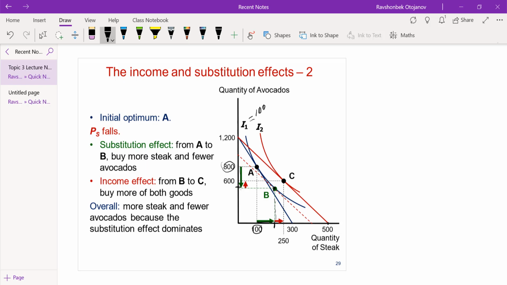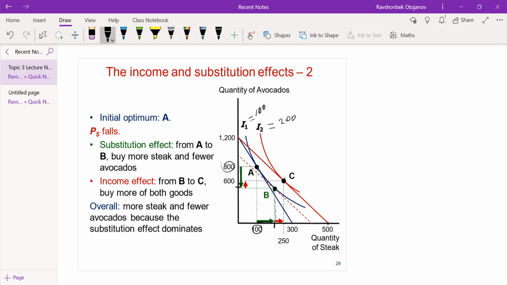So in this case we would expect ourselves to move into a new indifference curve. Let's say this indifference curve gives us 200 utils. So from point B now we jump to point C, because we still have income even at this point. For example, this point, by the way, is below our budget constraint. Anything below the budget constraint line is affordable, but we would like to be along the budget constraint line and spend all our income. In that case, we move from point B to point C because of the income effect,